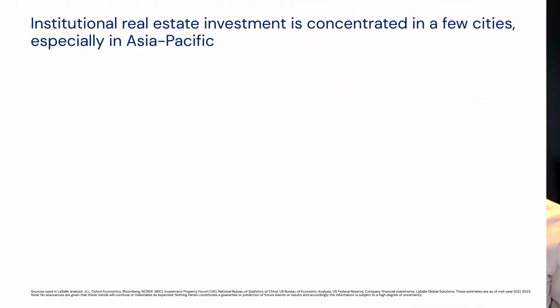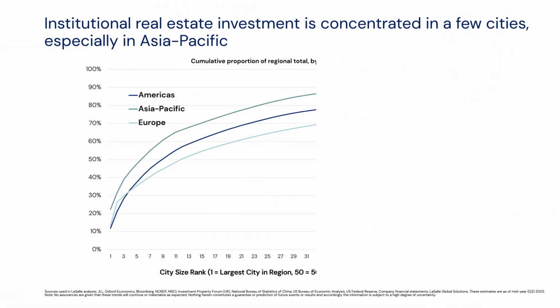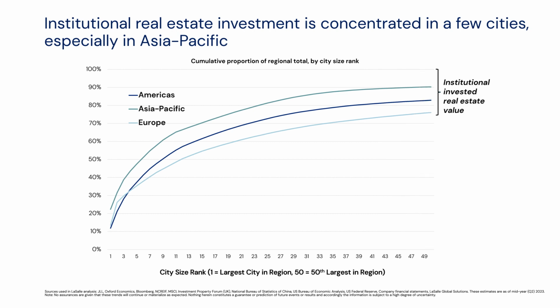Beyond that country and regional level, we also found some interesting patterns looking at the universe at a city or metro area level. Frederick, what were those patterns? There were indeed a few facts we found out when looking at the city level. One is institutional capital is really concentrated in the largest metros. Here we found that 40 of the metropolitan markets together host more than half of the institutionally invested real estate. Some of the metros are even bigger than whole countries. Tokyo, for example, is larger than 197 of the 201 countries we covered in our estimates.